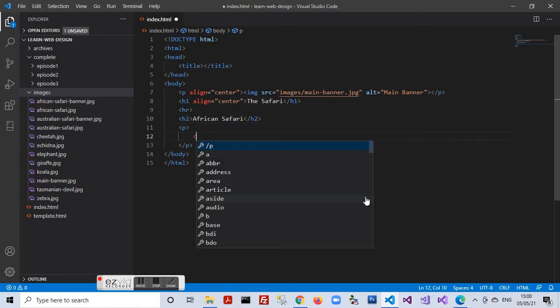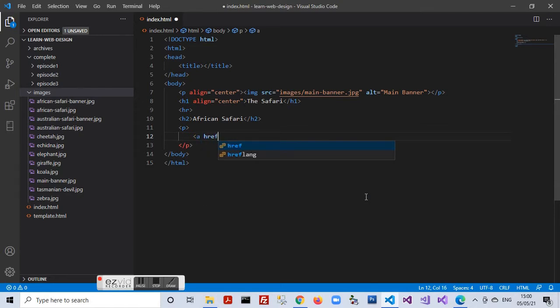Below it, I put a paragraph element, and as I need to link this image and the view details text to a page, I need to use a hyperlink, which is put in a web page through an anchor tag. So I use the A tag for hyperlink.